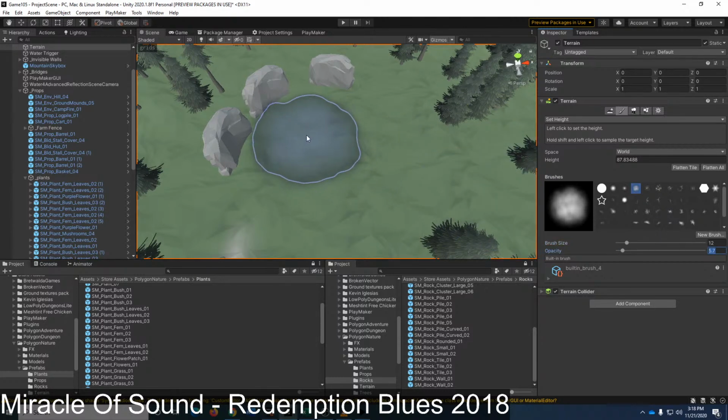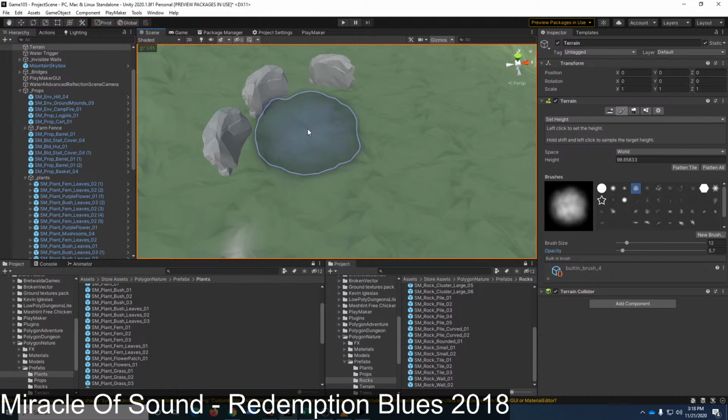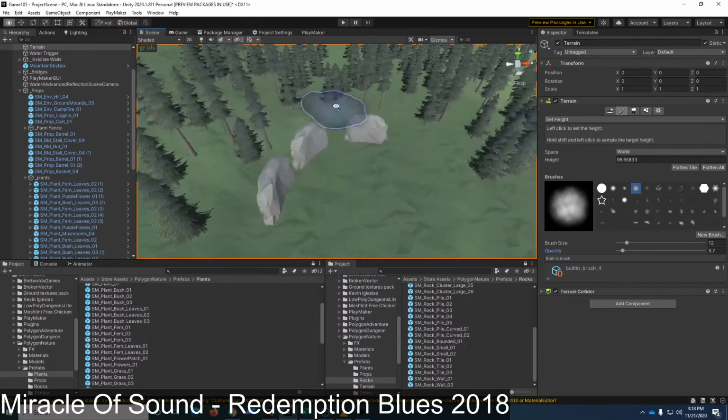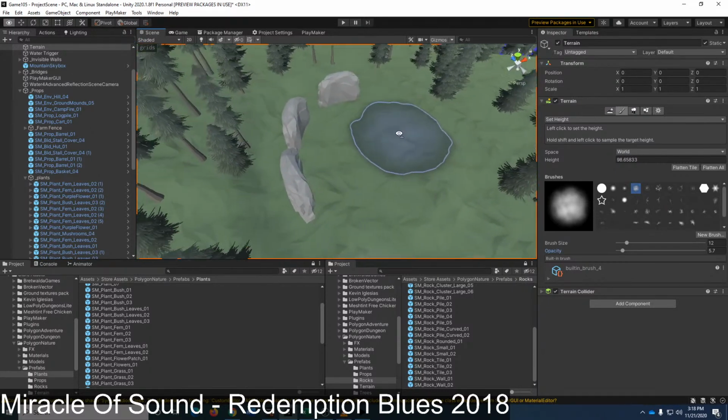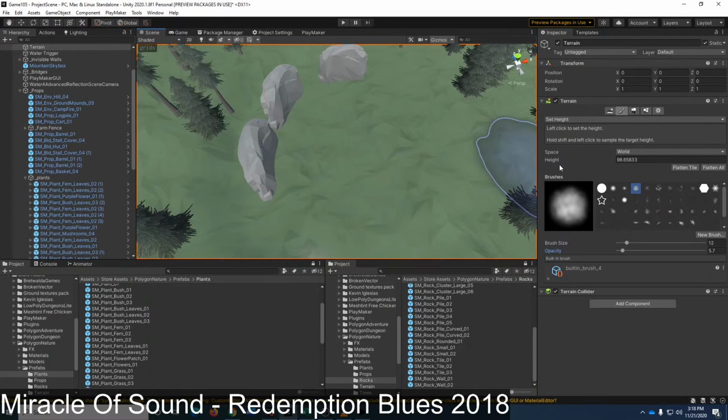Let's turn down that opacity. Let's see here. Set height. Let's set the shift click to grab that height value there. Flatten it out.